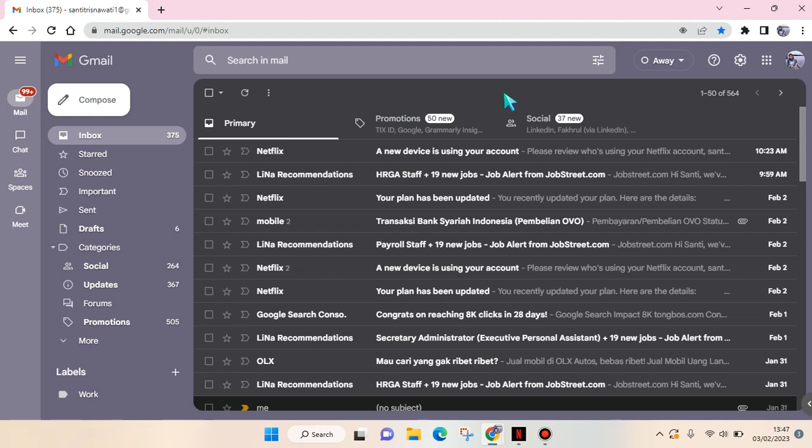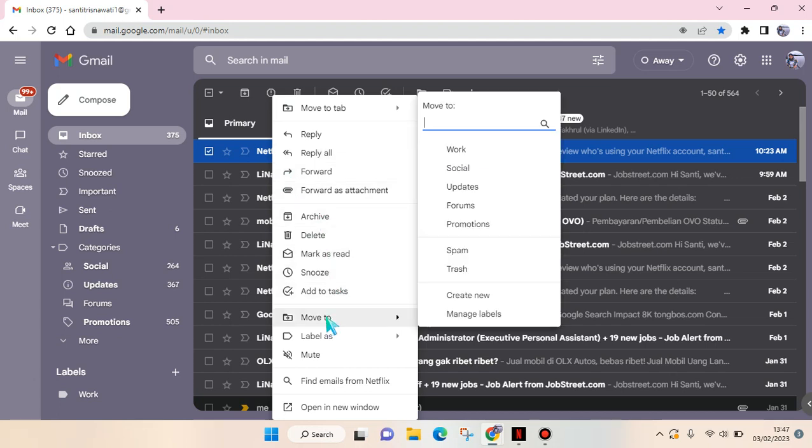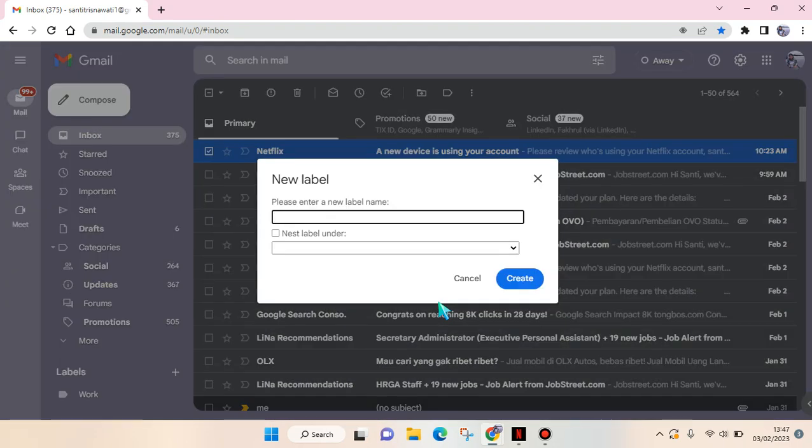So here you just need to choose the email that you want to add to the folder. For example, this one. Right click on the email and then find the option to move to, and after that click on the create new, and here you just need to fill in a new label or folder name, for